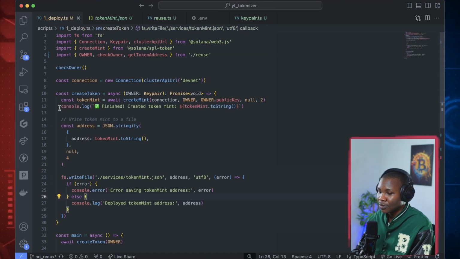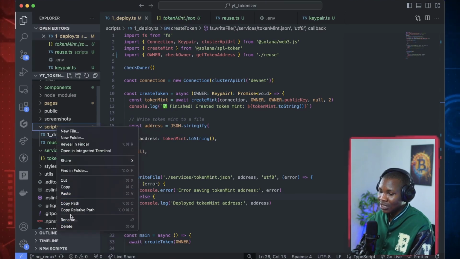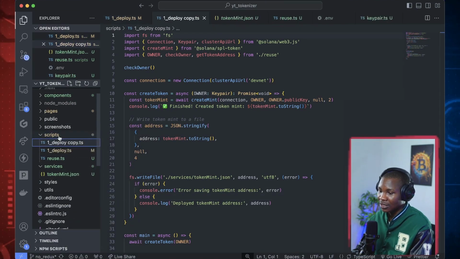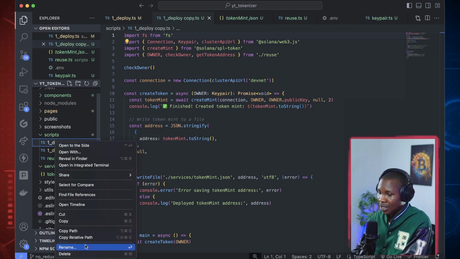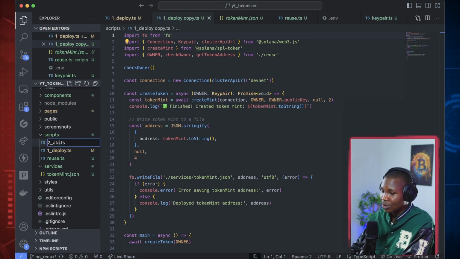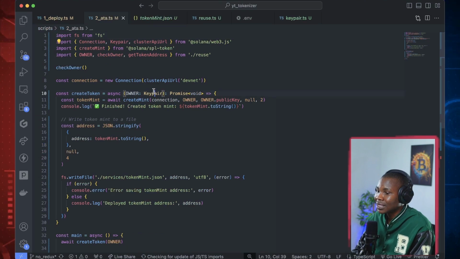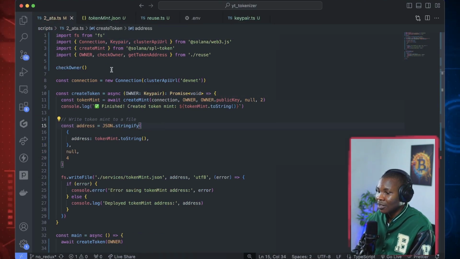All right, so other than this, the next thing we want to do is, I did it this way so that it will be easier for you. Okay, that is why I did this. So the next procedure is to create an associated token account. Okay, an associated token account for this particular owner. All right, that is what we want to do now. So let's create that associated token account, and to do that,